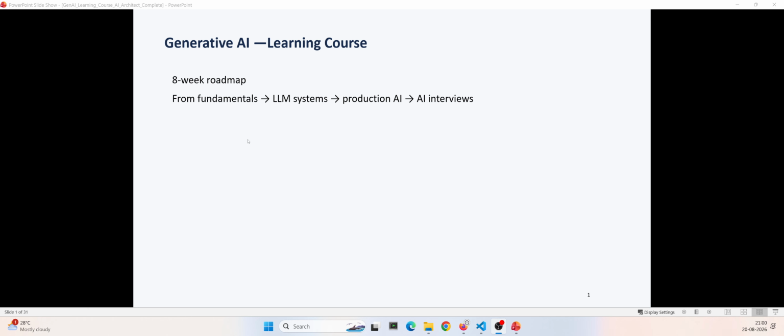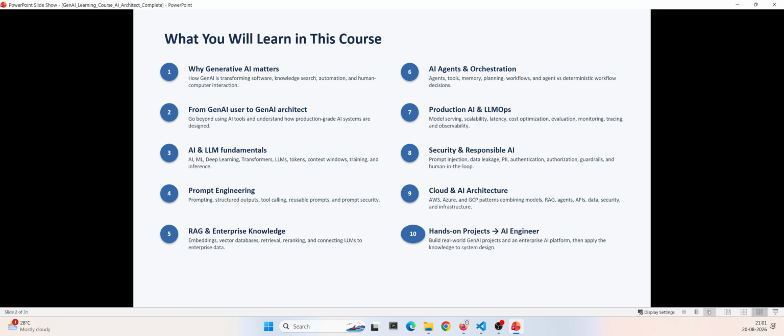We start from what is artificial intelligence, machine learning, deep learning, and how generative AI has evolved over the years, and what we are currently trying to achieve through generative AI. So all that we are going to discuss, and we will also do some hands-on projects on this generative AI technology. So I made a simple 10 pointer to explain what you will be learning in this